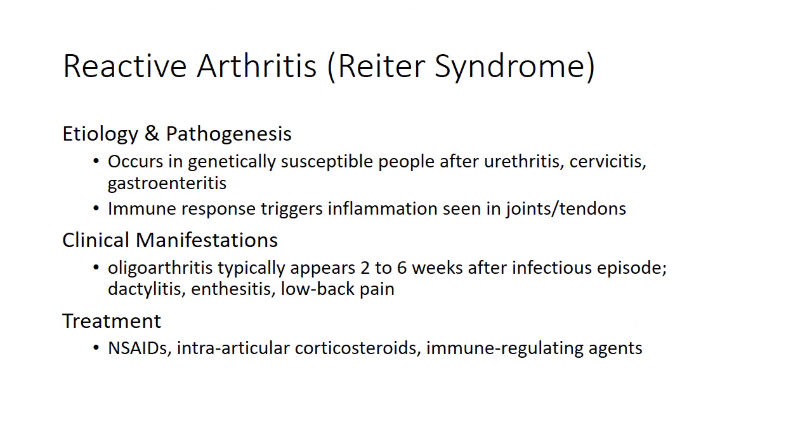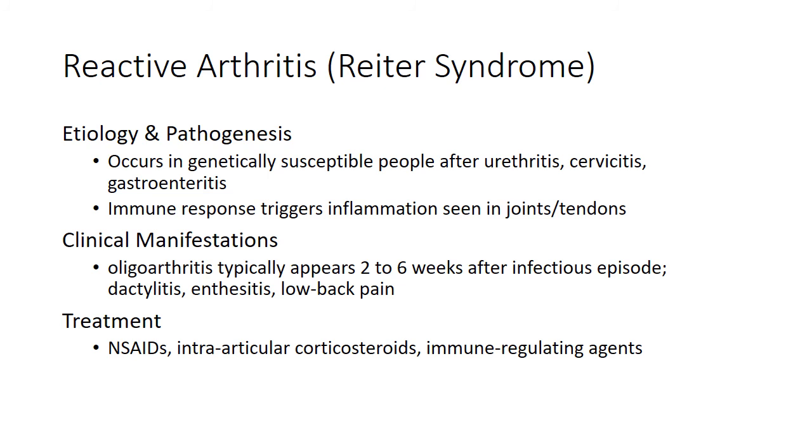Reactive arthritis used to be called Reiter syndrome. It happens where inflammation of the synovium occurs in joints as a reaction to a recent infective trigger. So there's inflammation in the synovium, which is called synovitis, and that happens as a reaction to some kind of infection. So there's three triggers that contribute, and they include